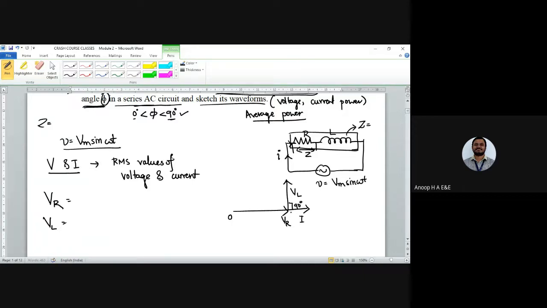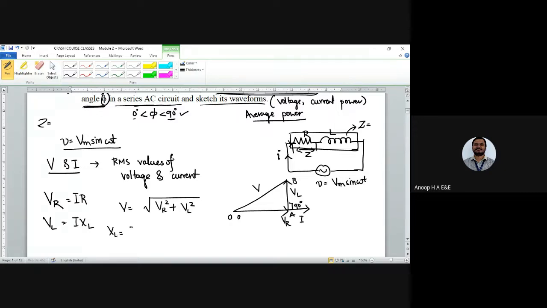Do you observe here? So voltage leads the current by an angle of 90 degrees. So what is the resultant voltage here? Which is said to be V. So that is 0, this I'll take as A, and this I'll take as B. So what I do here is take V, which will be equal to root of VR squared plus VL squared. All right, so what is VR? I into R. What is VL? I call it I into XL.